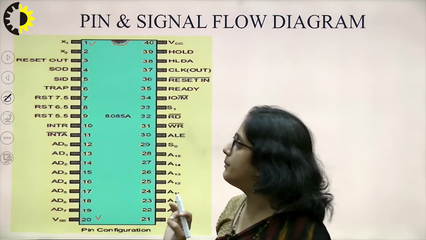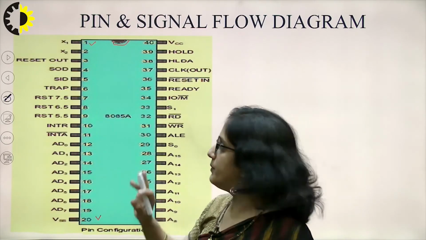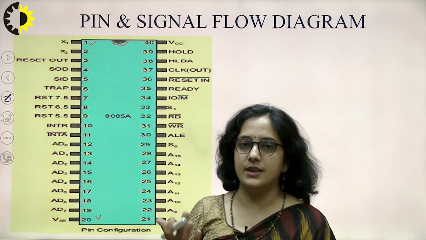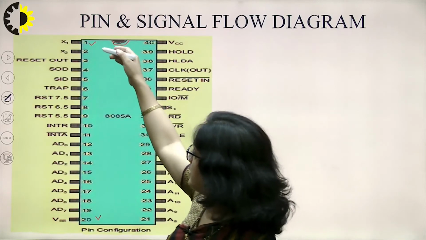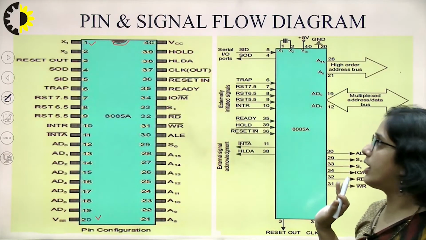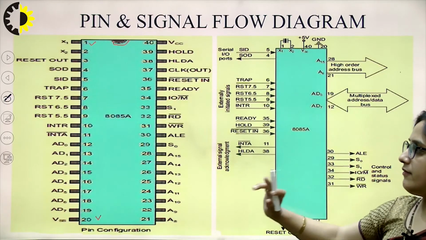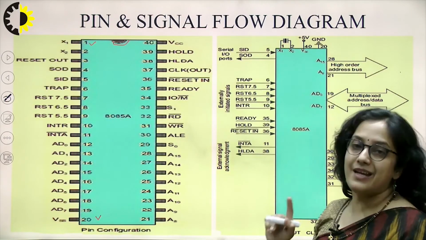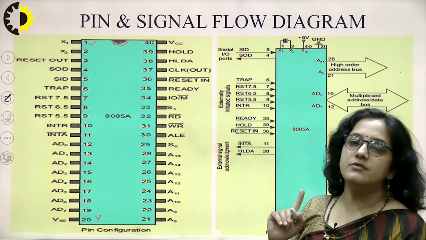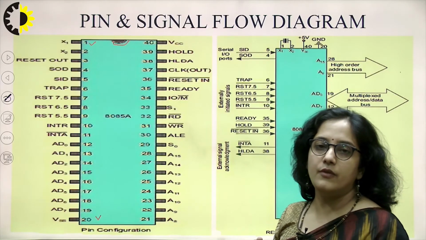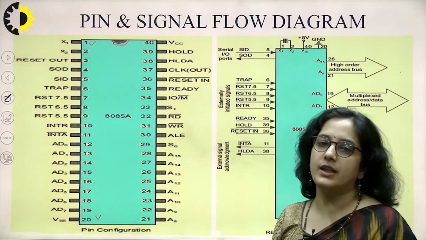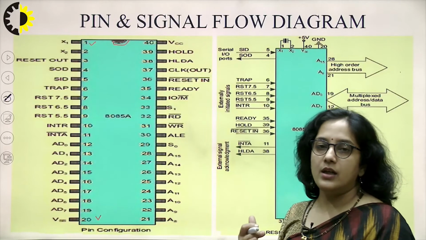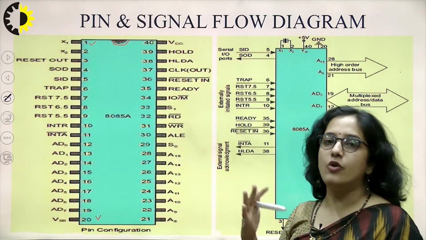We will see one by one what the functions are, and we group this pin diagram into 7 groups, just to remember these 40 pins. So this is the pin diagram, and this is the signal flow diagram. Here we represent it in the form of pin numbering. Here also we have numbering, but with the direction. The signal flow diagram tells us which pin is working as an input pin, meaning the signal is coming towards the microprocessor, and an output pin, meaning the signal is going out from the microprocessor.